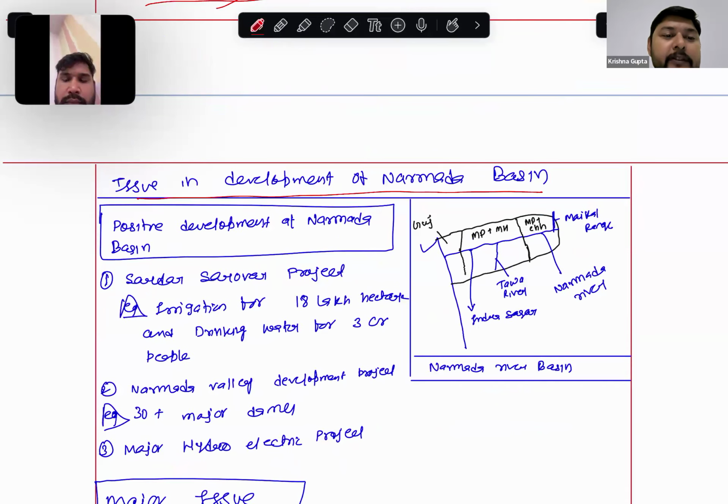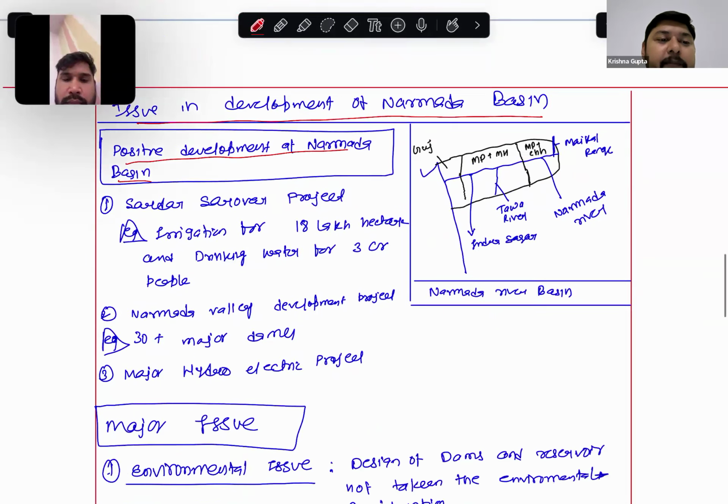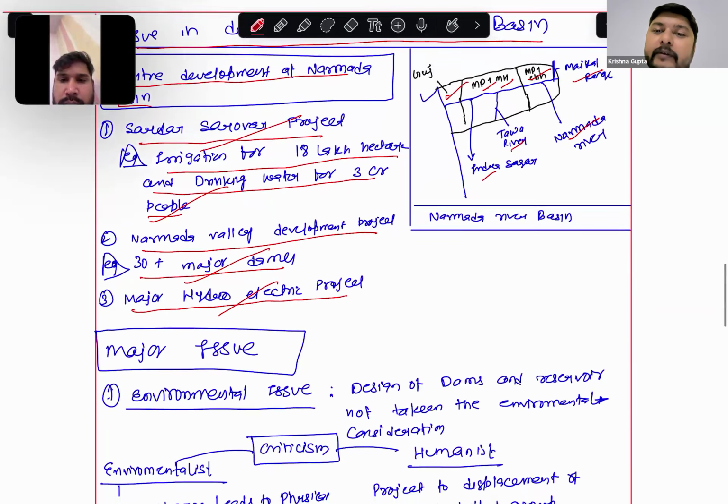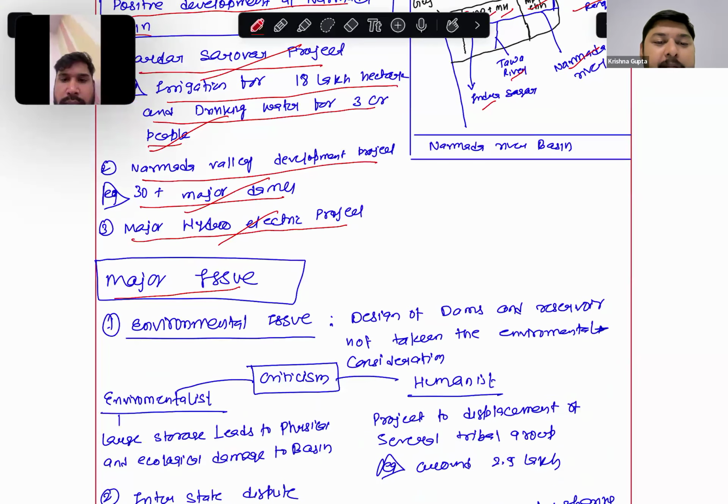So positive development of Narmada Basin: Sardar Sarovar project, irrigation for 18 lakh hectare and drinking water for 3 crore people. Valley development project, 30 major dams. Major hydroelectric projects: we have Narmada River, Maikal Ranges, MP, Chhattisgarh, MP plus Maharashtra and Gujarat. Indra Sagar, Tawa River. So the major issue is environmental: design of dam and reservoir did not take